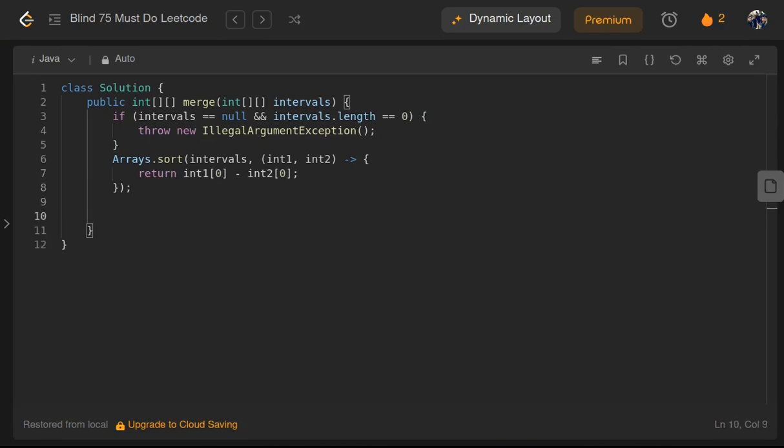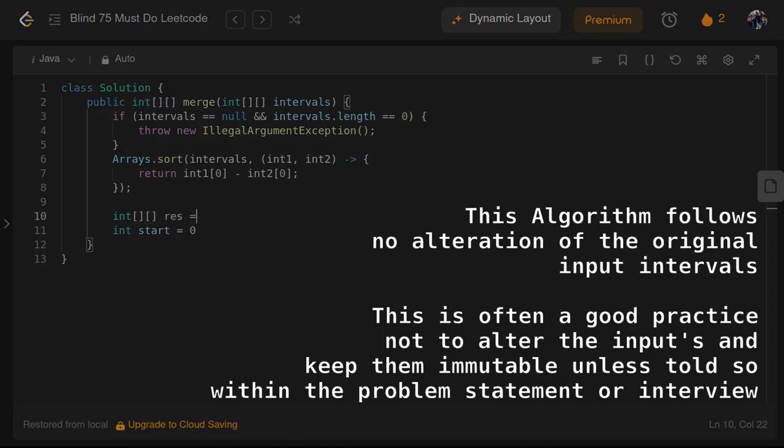Now we will take one starter. We'll say int start, which is 0 initially, and we also want to have a new result array because that's what we are going to return, right? So we'll declare and initialize both at the same time, new int